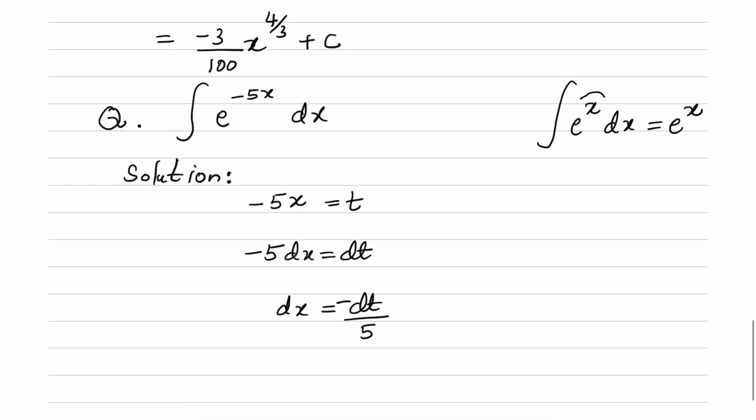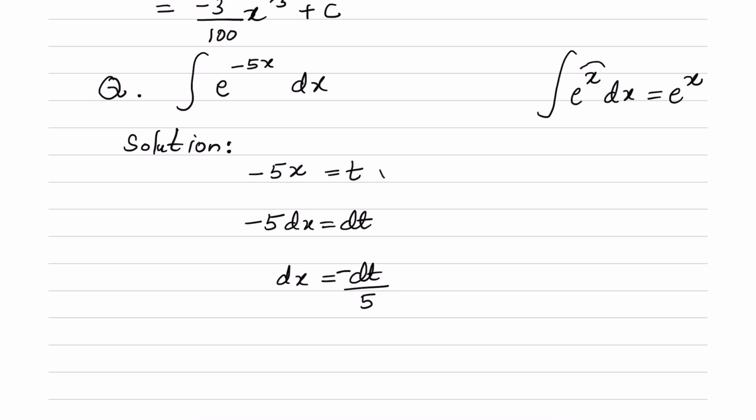Let's put minus 5x equal to t and the dx value back in our integral. We have e power t, and dx is minus dt by 5,